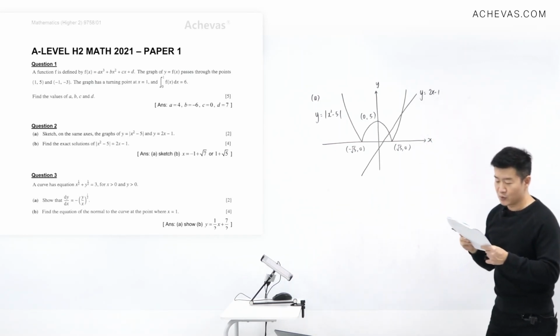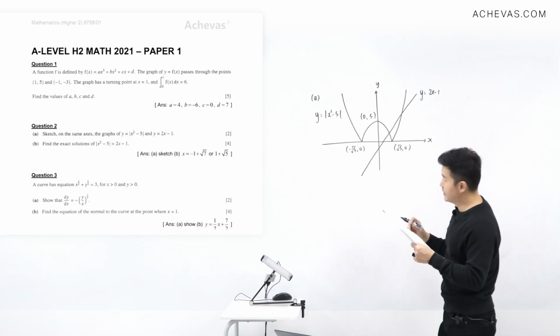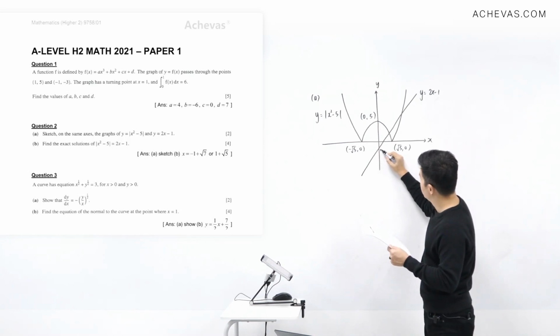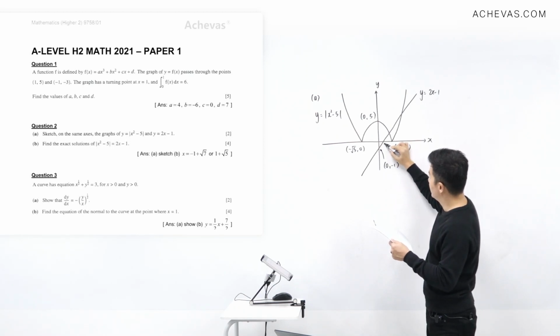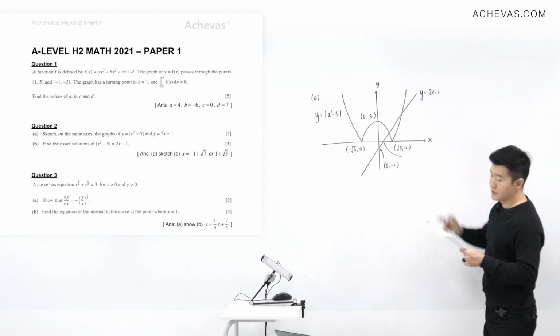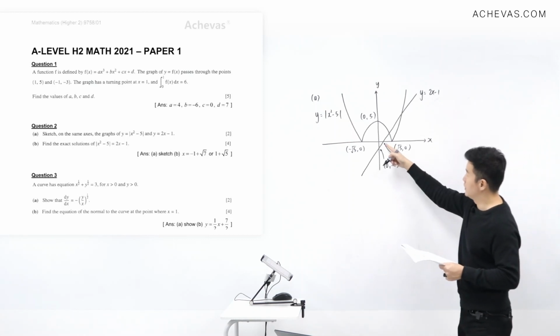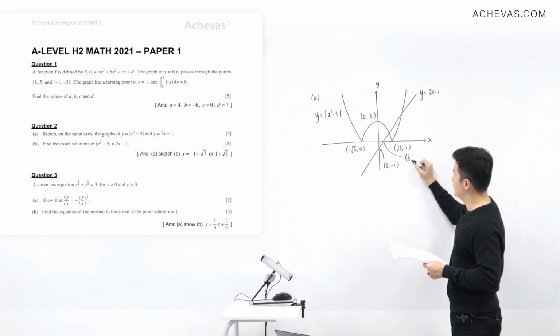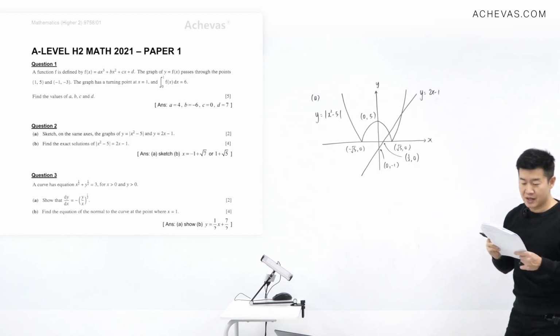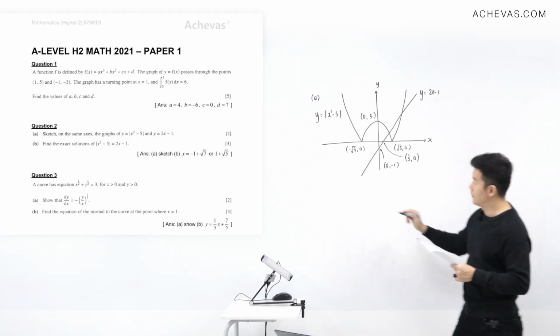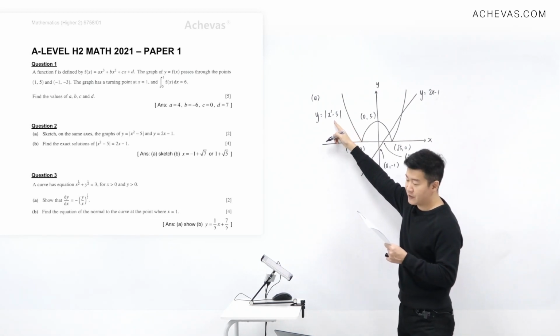When x is equal to 0, y is equal to minus 1. So this point here will have a coordinate of 0, minus 1. And when y is equal to 0, x is going to be equal to half. So this x-intercept here is going to be half, 0. This is part A. In part B, find the exact solution of modulus of x squared minus 5 is equal